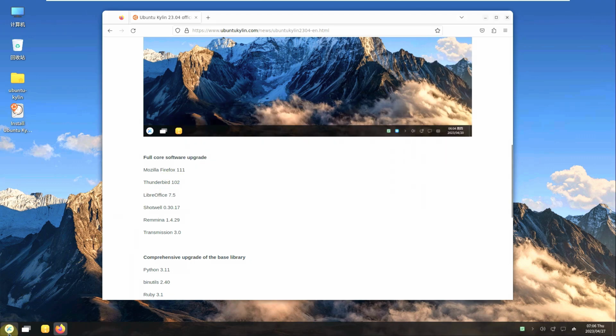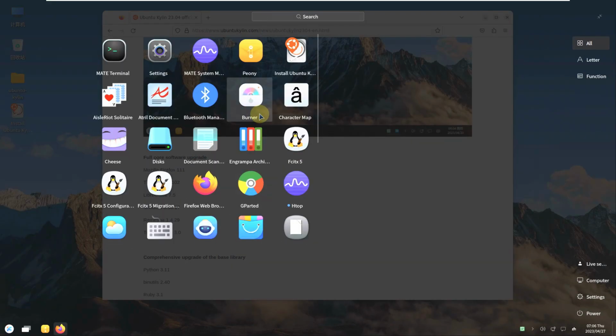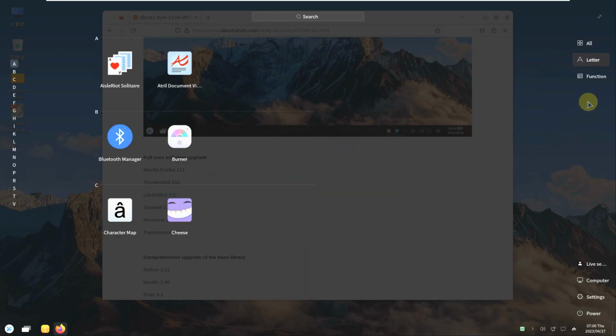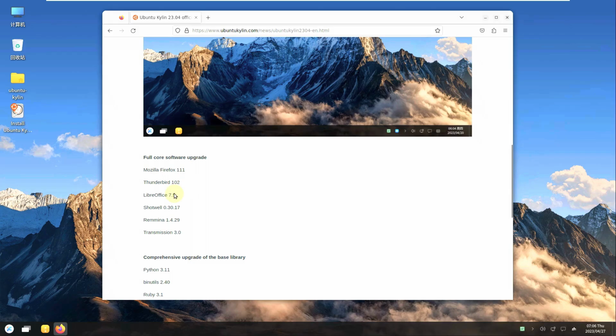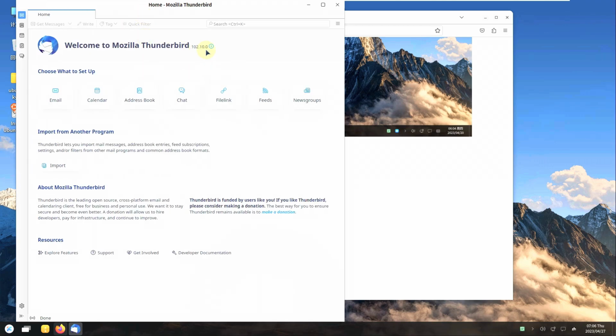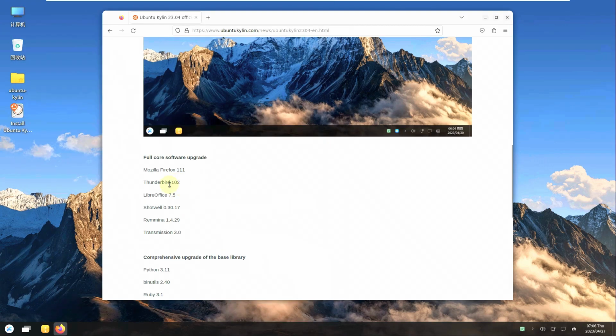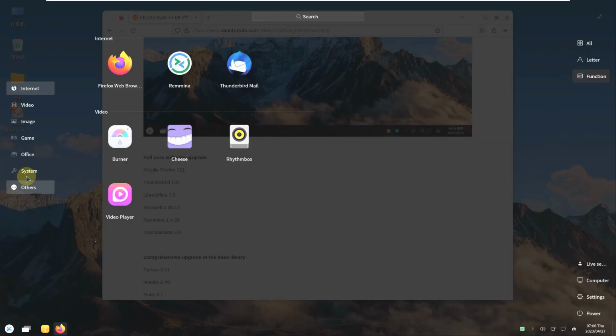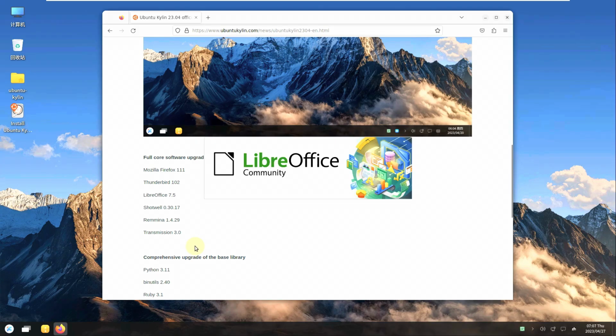111.0. Let me open Thunderbird. So let's go through all these things and show Thunderbird. LibreOffice will be 7.5. The Thunderbird version should be 102 because they mentioned it here. I opened Thunderbird. It should take a few seconds because Thunderbird takes a lot of time to open. So the version is 102.10.0. They already mentioned it here. Let me open LibreOffice and check the version, which should be 7.5.2.2 because